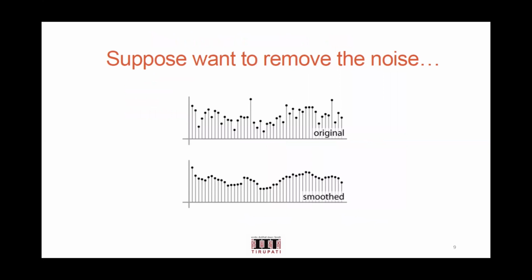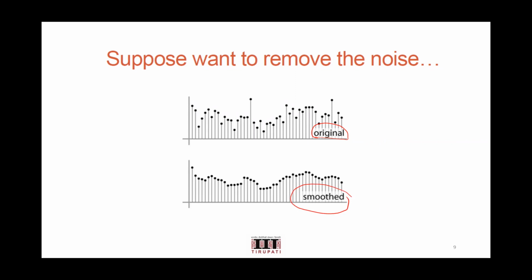But before that, let us have a very basic question. Let's start with 1D and then we will move to the 2D case. So consider here, I have one row of an image, as marked here as original. This is one row of values. Now, we expect that every pixel is somewhat similar to its neighbor. The intensity of a given pixel is similar to the intensity of its neighbors.